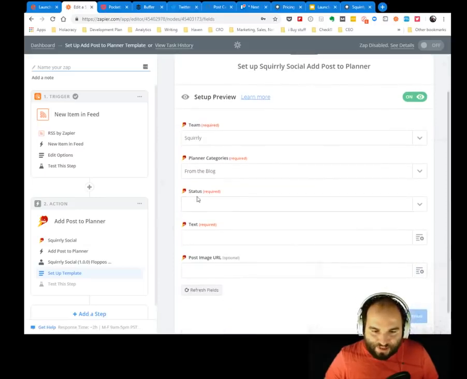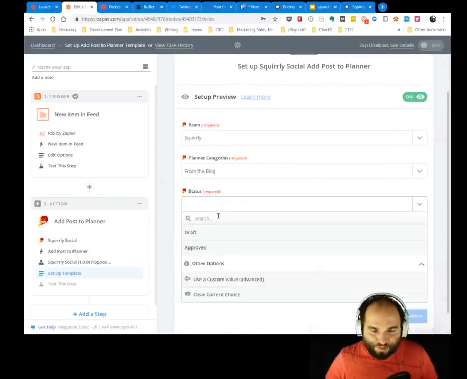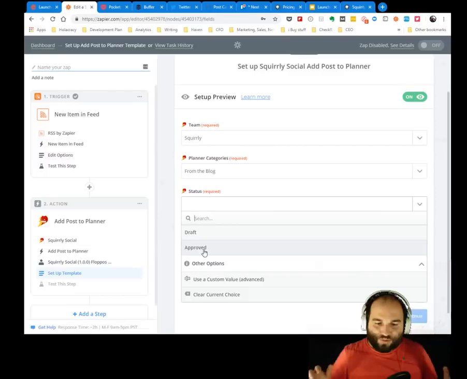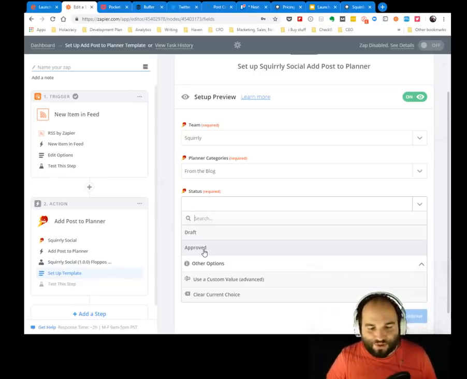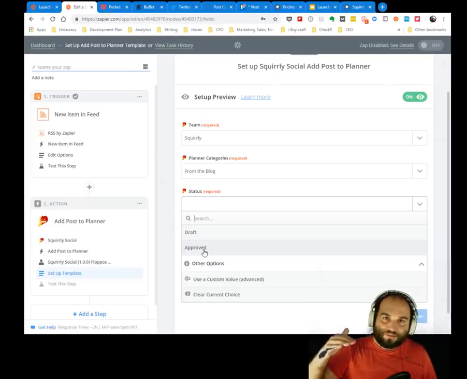And I'm gonna tell it that each time there's a new post in my feed, I want it to be automatically approved. Now, if I place it at approved, every time I have a new item in the feed, it will get zoomed over to social media, right? So every time something new comes up in my blog and it's published, it's been verified by our editors and everything,